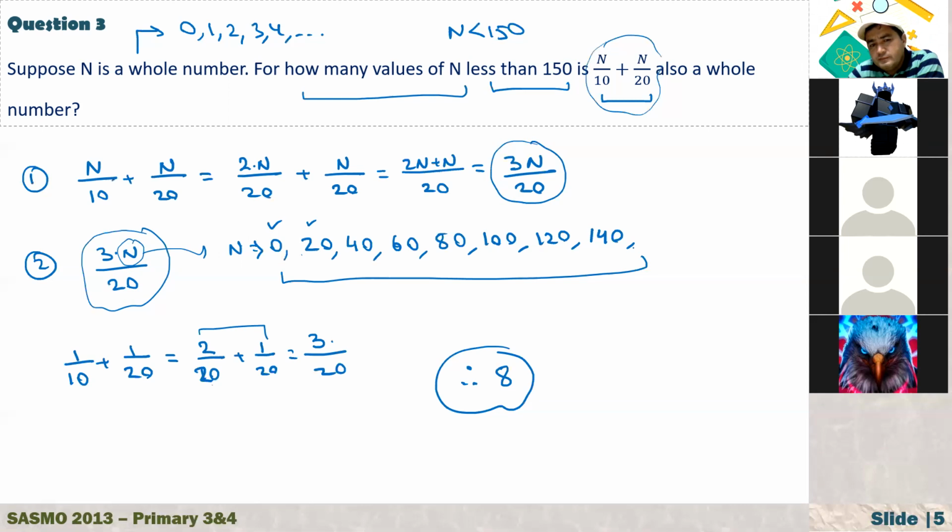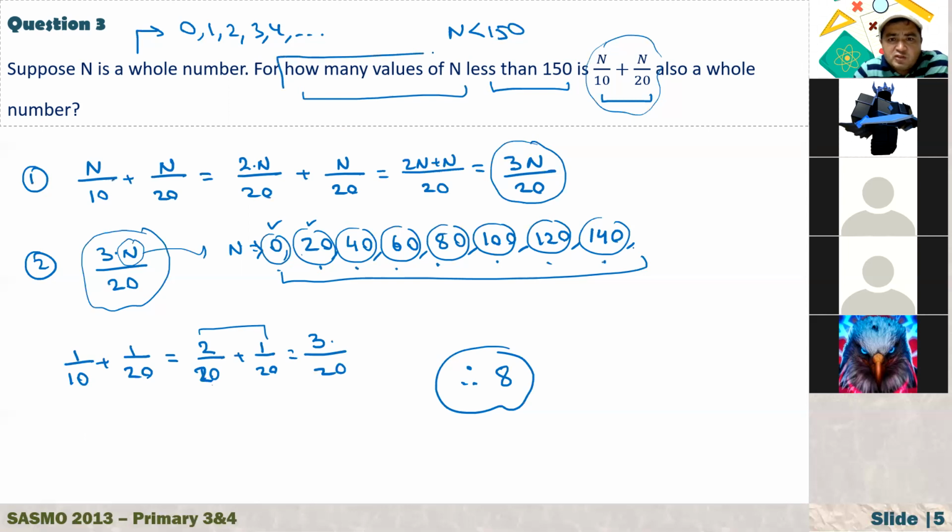Yeah, I understood it, but the part I didn't understand was how you got 8, not the whole solution. Did you multiply something to get 8? Here, n can be 0, 20, 40, 60, 80, 100, 120, or 140. How many values can n actually have? 1, 2, 3, 4, 5, 6, 7, 8, right? Here the question is asking how many values of n. Oh, okay, now I understood.